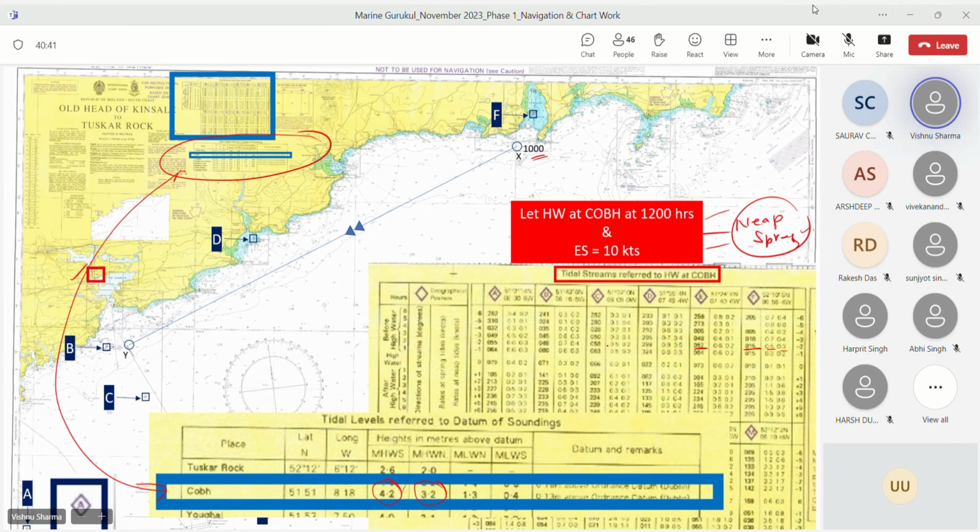For -2, I go to Foxtrot. It is 015 will be the direction of the stream that is set, and 0.6 knots or 0.5, whatever it is. I think 0.5, sir. 0.5 knots will be the rate. So what will I do? I have to counteract this stream, which is setting 015. So I'll draw 015 here.